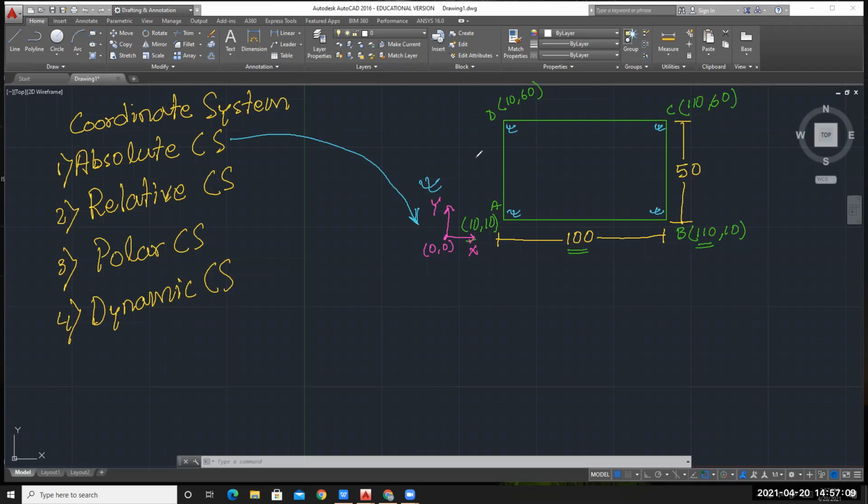Okay, so suppose you have to draw one rectangle like this. So rectangle is made up of a combination of lines, combining these four sides, four line segments. Suppose I am talking about this AB, I will take this line AB outside of this.